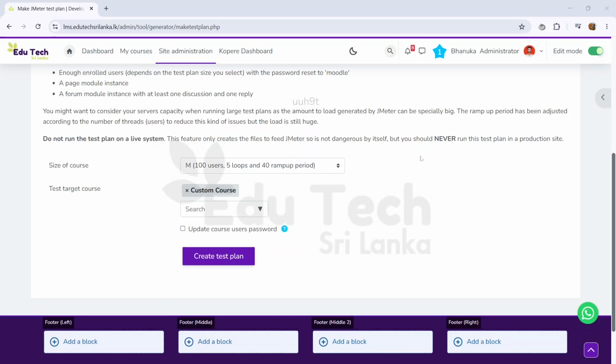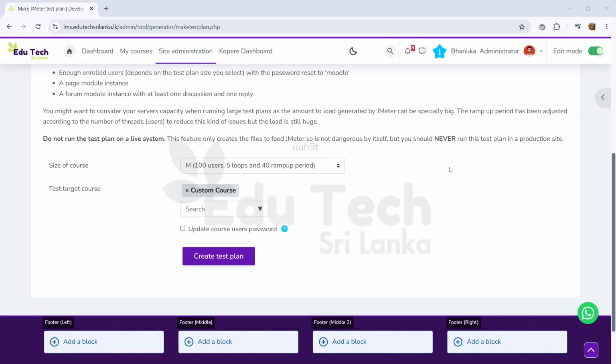You have now set 100 users. Suppose you want to change it to 150 users, you can change it, and also you can change the number of loops and the ramp up period. You don't need to overthink these things. Let the system handle itself and deliver you the results.